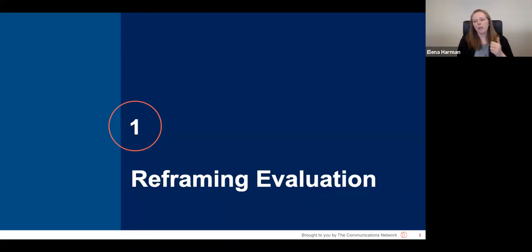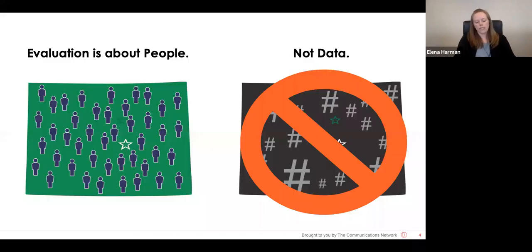Just as I'm talking through this section, think about how these different mindsets might affect how you've traditionally thought about and used evaluation, and just give it a try today. See if your approach to evaluation and your experience of evaluation differs with these different ways of thinking about the work. So the first thing that I want to encourage you to think about is the fact that